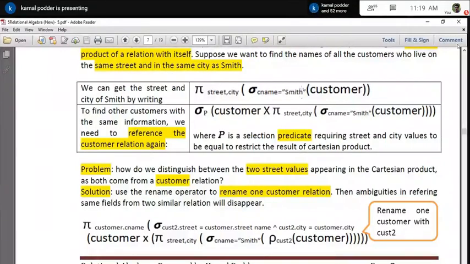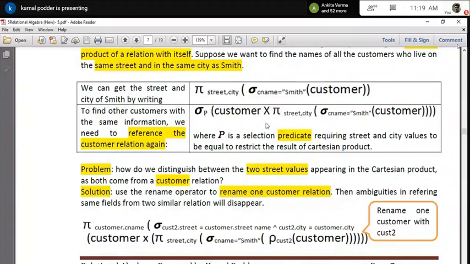And then from that particular record, I am projecting only street and city. So I get here the street and city of Smith. Up to this, I am getting a relation which has one row with the street and city of Smith, basically.